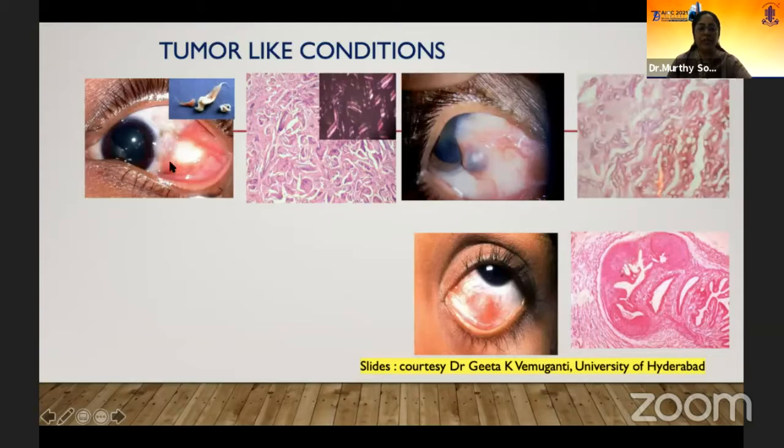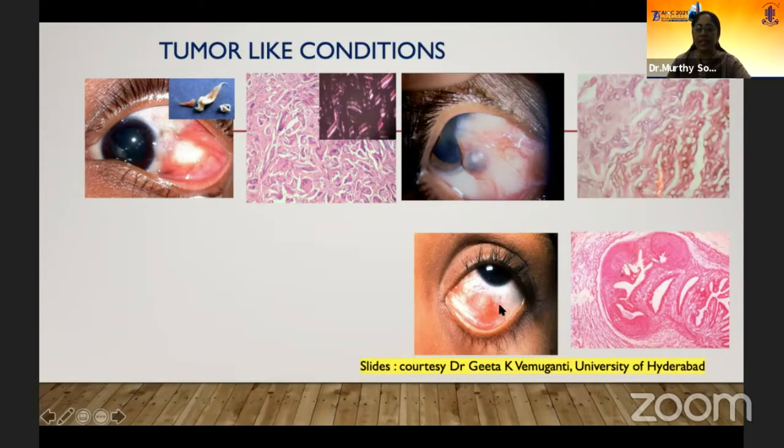Coming to a few of these conditions, this is a patient with rhinosporidiosis. And this is an unusual case of a patient who had cotton that had lodged into the conjunctiva. And when we excise that, what you can see is all the cotton bundles or fibers that were visible. This was another farmer who gave a history of some trauma. So what he had was a sort of pseudopterygium kind of lesion. And initially, this was thought to be maybe some kind of malignancy.